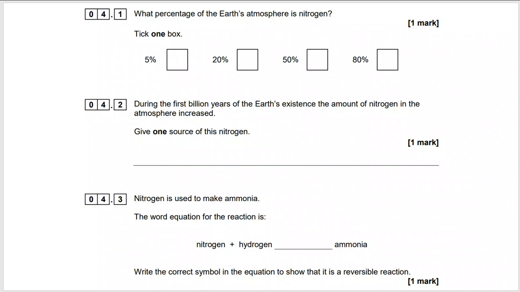This is AQA GCSE Chemistry. This is the Trilogy Foundation Paper 2 from 2018, and this is question 4. The whole of question 4 is laid out before the review, so you can pause and have a go for yourself. So here are parts 4.1, 2 and 3,